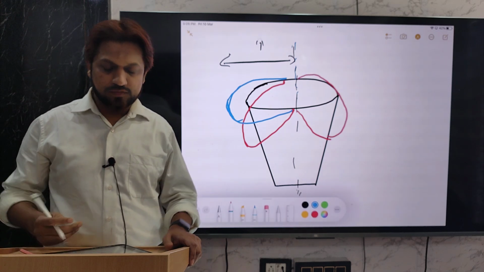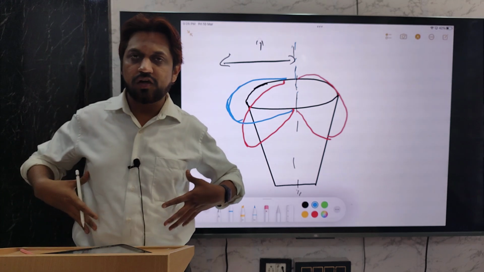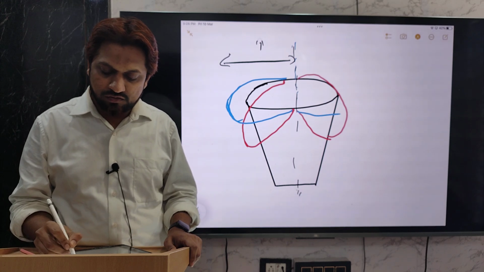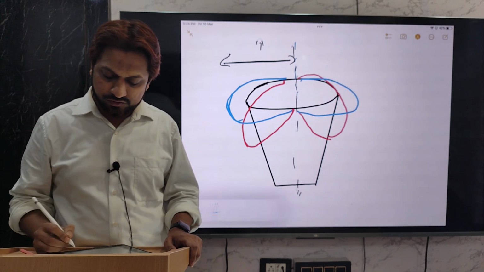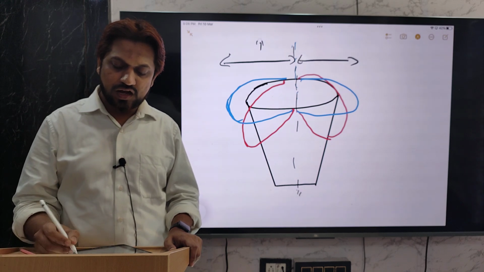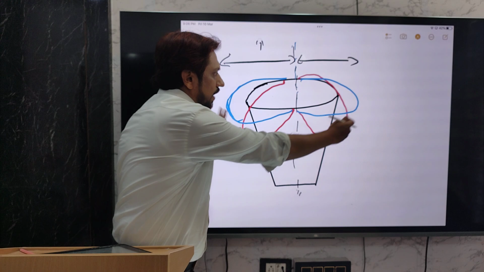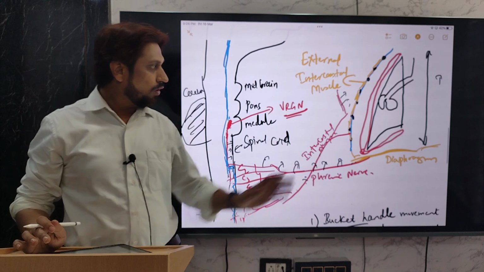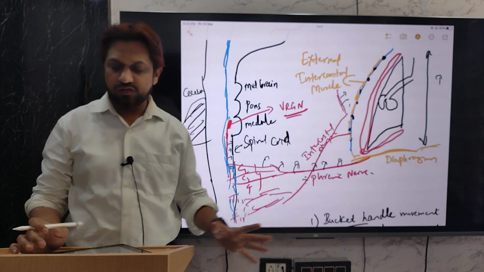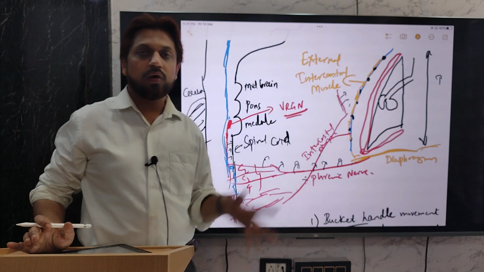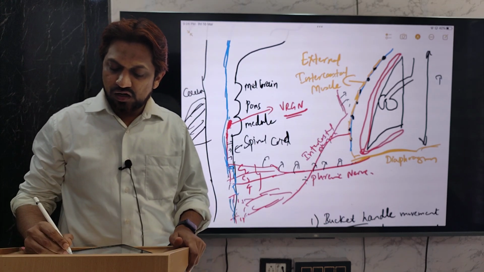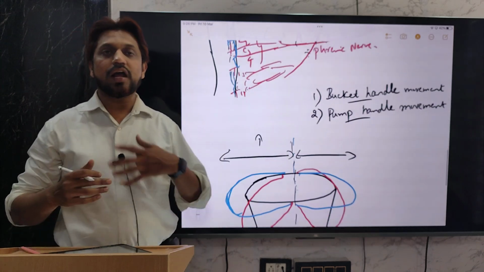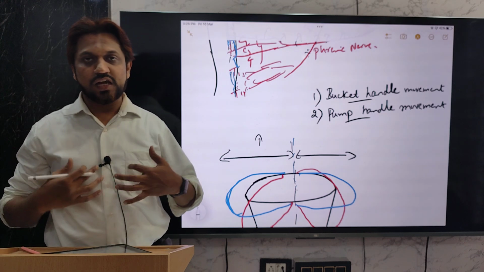So whenever the lower rib intercostal muscles, that is from 7 to 11 ribs, contract, these ribs are elevated like this, and the transverse diameter, which was earlier this much, has now increased this much. So the thoracic cage transverse diameter will increase. The vertical diameter already increased due to the contraction of the diaphragm. Due to the lower 7 to 11 ribs, there is an increase in the transverse diameter. Then what will happen if there is a contraction of the upper ribs, that is from 2nd to 7th